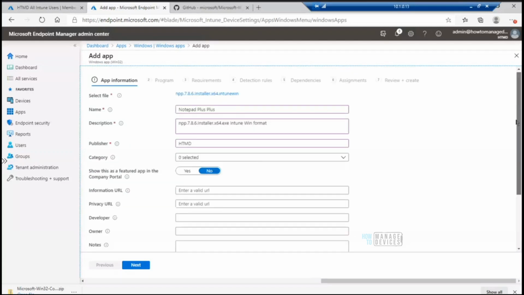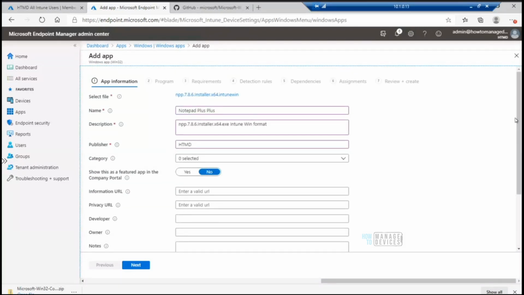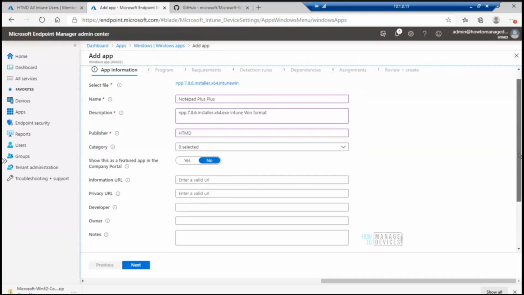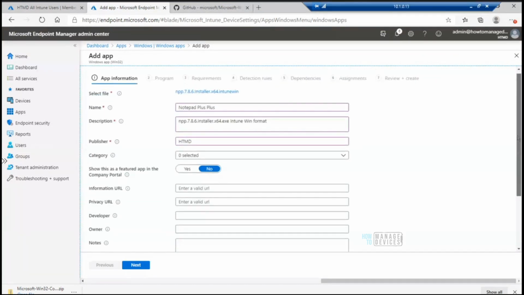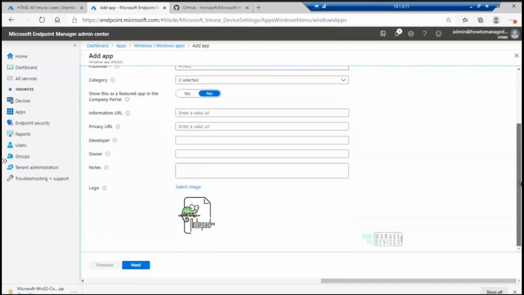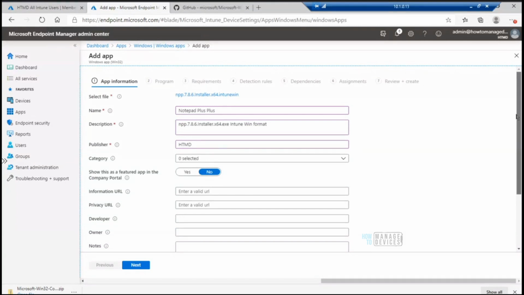I'm not 100% sure, but from the look of it, that is what it is. But you cannot expect all the features of the SCCM application model in Win32 applications in Intune. Okay, so let's go through the wizard.